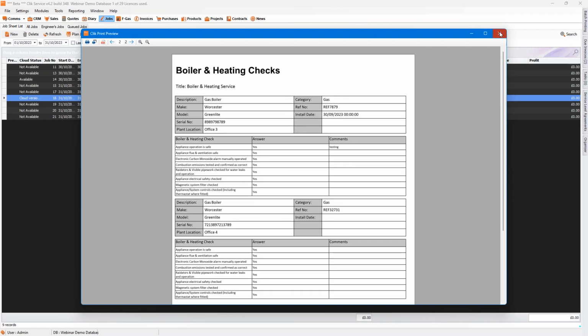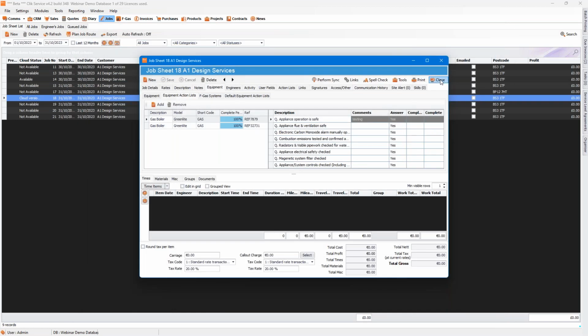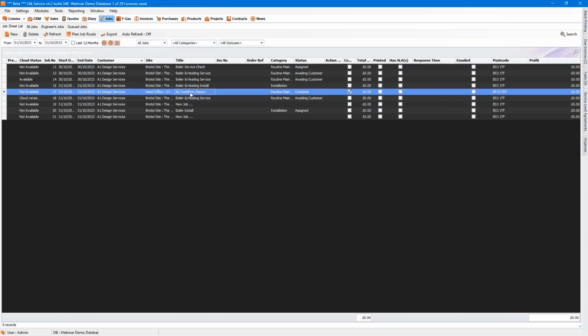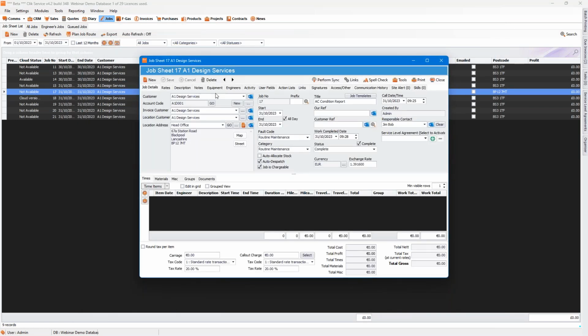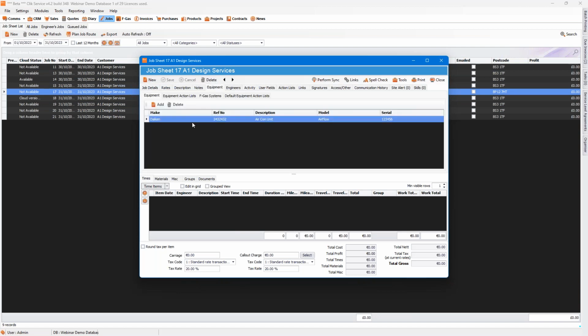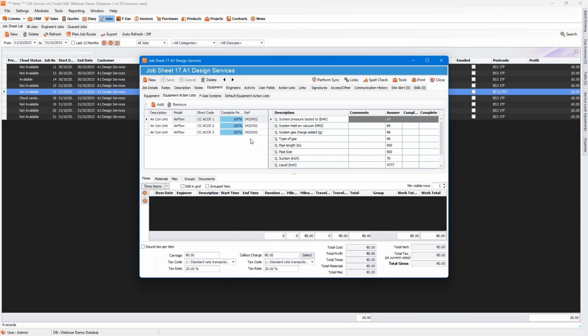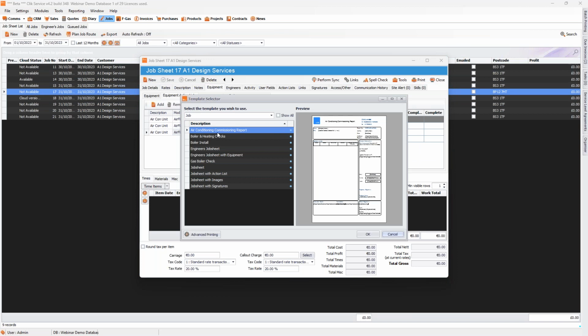Right, okay, just for those people that might be in the aircon world, I do have something that I can show you. I've got an air conditioning report. This particular one had an asset on it, which had an equipment action list, actually 3 equipment action lists. And we're going to click on print, and we're going to click on air conditioning commissioning report,